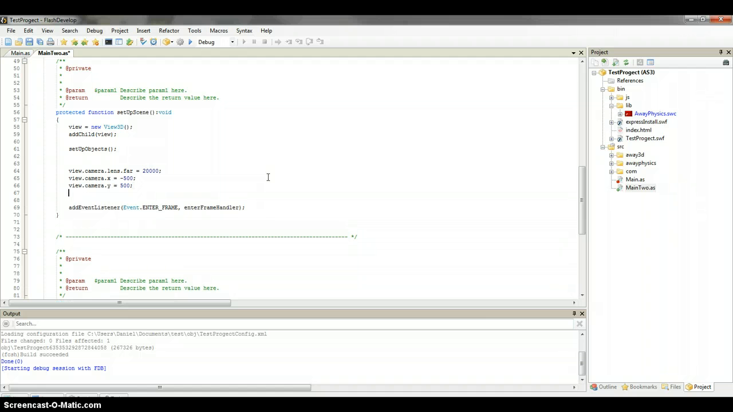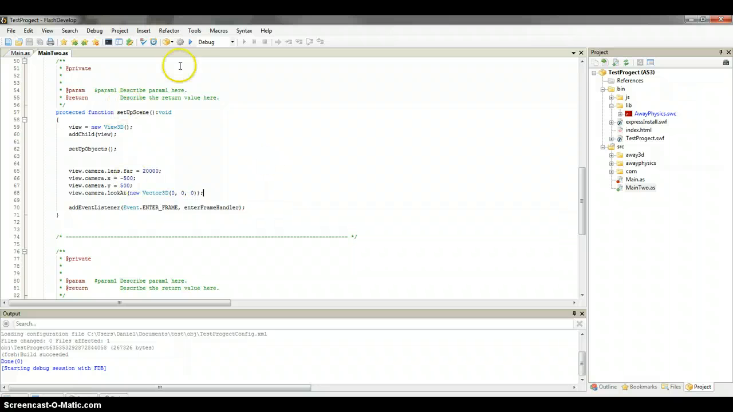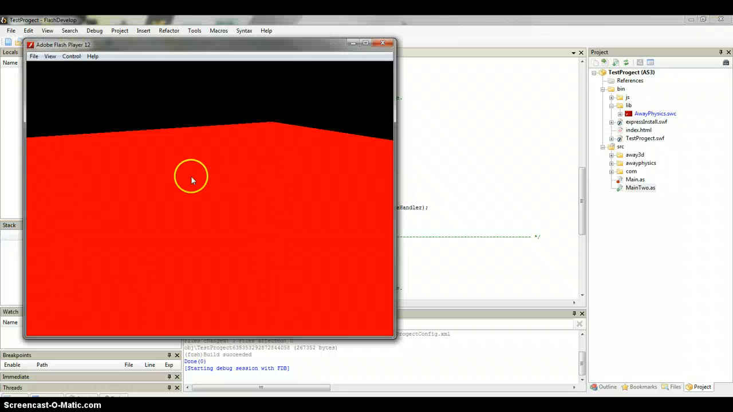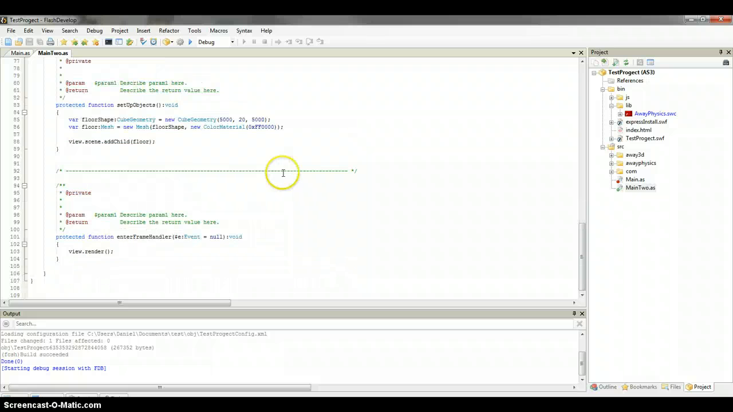And then view dot camera dot look at, and new, it takes a vector 3D, 0, 0, 0. That way we don't have to worry about the up vector and all that. There, and you see we got our giant floor. So go back down here,